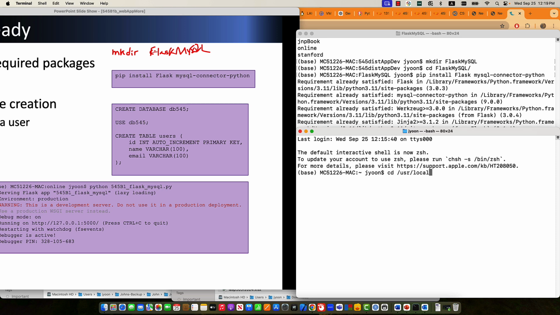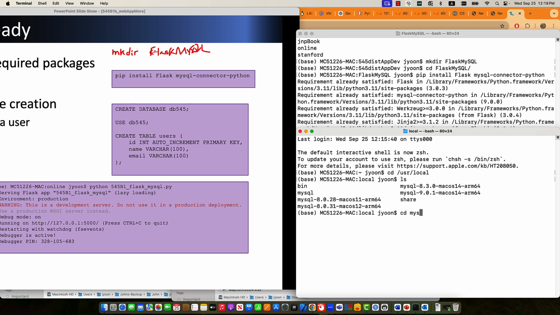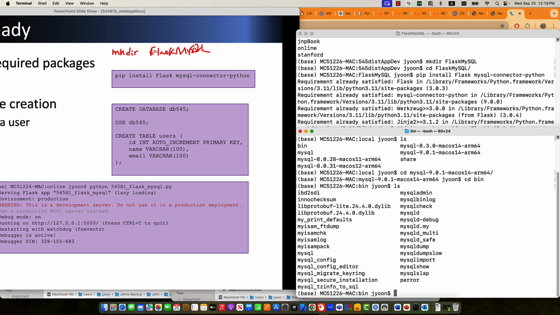Each one has a different location to run your MySQL, but for Mac users, you may be able to follow me. In the bin directory, then you can see mysql. So ./mysql -u